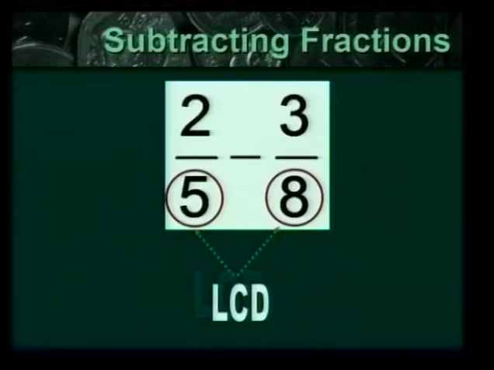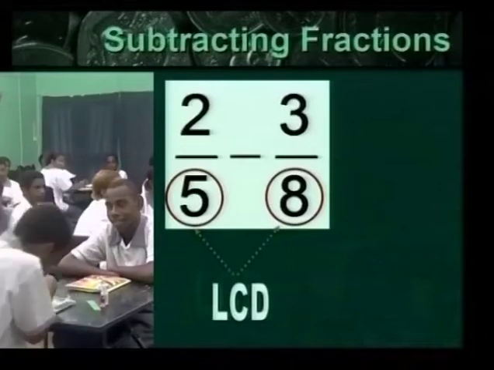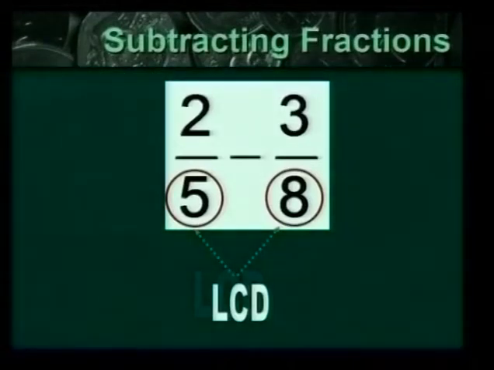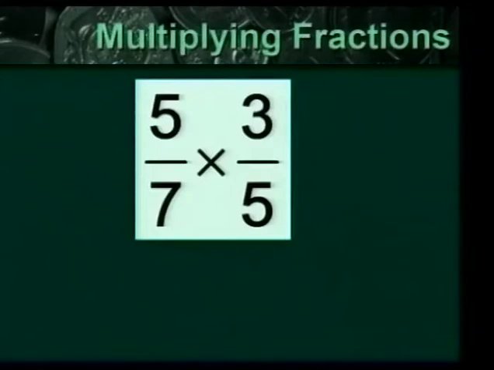Now, who would like to tell me the lowest common denominator of 5 and 8? Yes? Alan? Very good. Receiving students, the LCD for 5 and 8 is 40. Okay? Now, again we are going to look at another operation, which is multiplying fractions. Multiplying fractions. When you are multiplying fractions